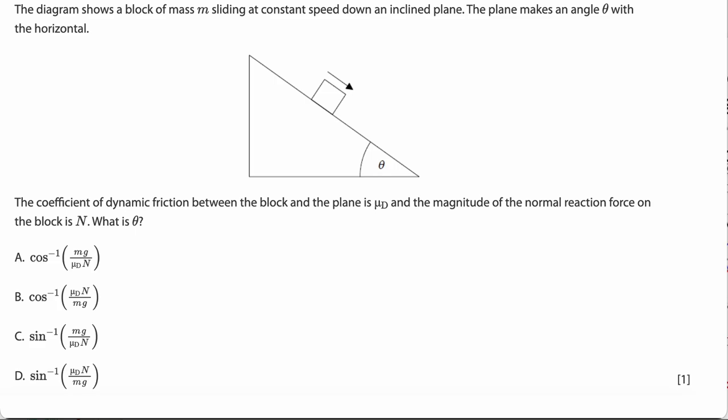Question about a block of mass m sliding down at constant speed. A bit equation-y, this one, so take a look and see what you think. Okay, so as I've alluded to at the start of the video, this is quite a formula-heavy question,